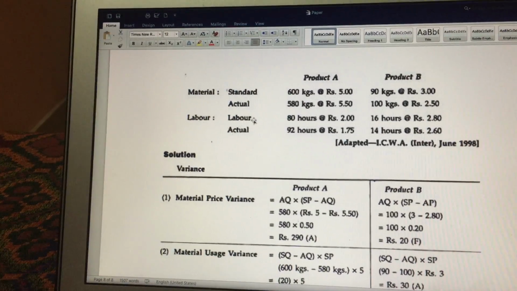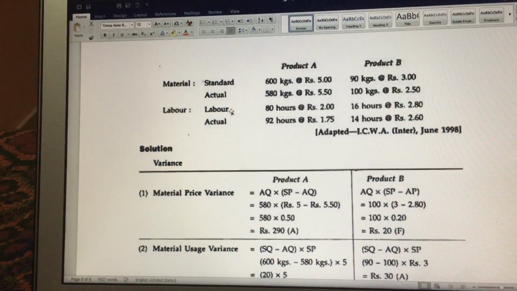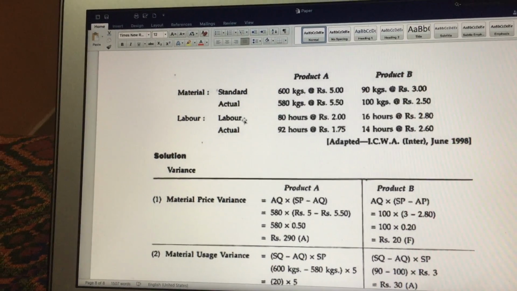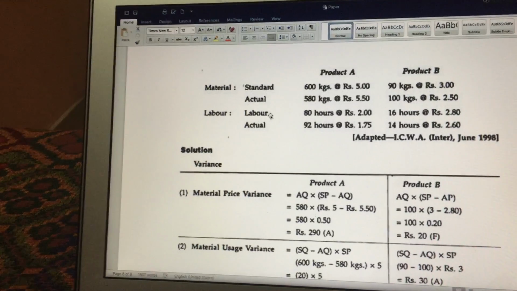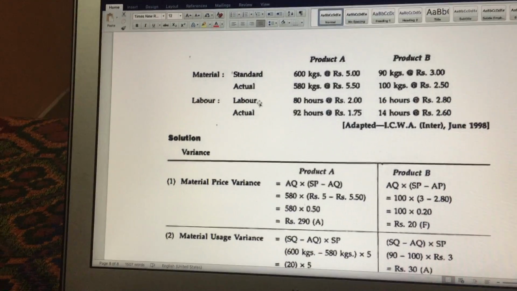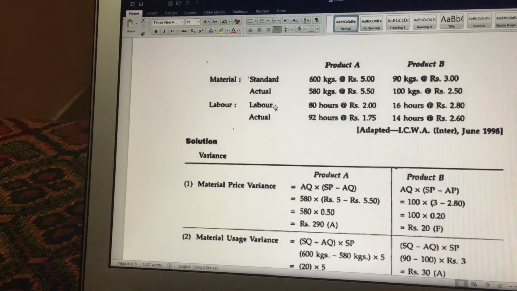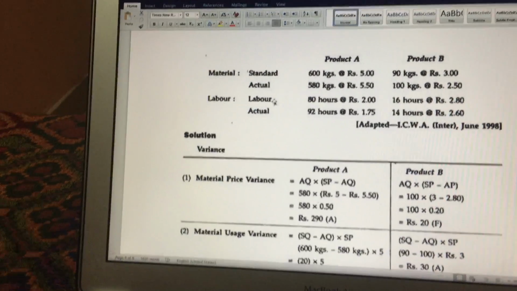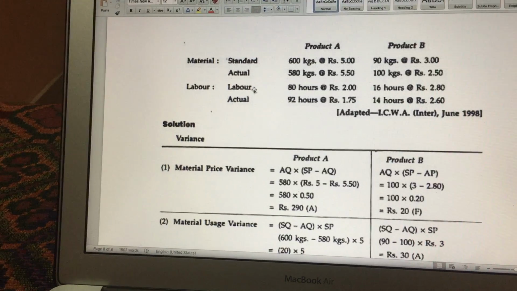If the variance is positive, we go with that activity, and if the variance is negative, then in such scenarios we try to bring a change in our methods of production. So basically we are studying only two types of variance. One is material variances and the other one is labor variances.